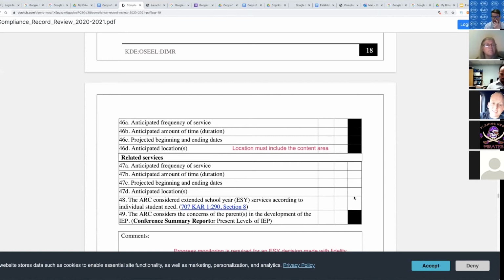Same thing for related services. If the related services occur, if you're getting speech and they're pulling out to the resource room, that should be listed up there in the LRE statement. And then you come down there and you say anticipated location, resource room, and he's getting speech, okay? Now,